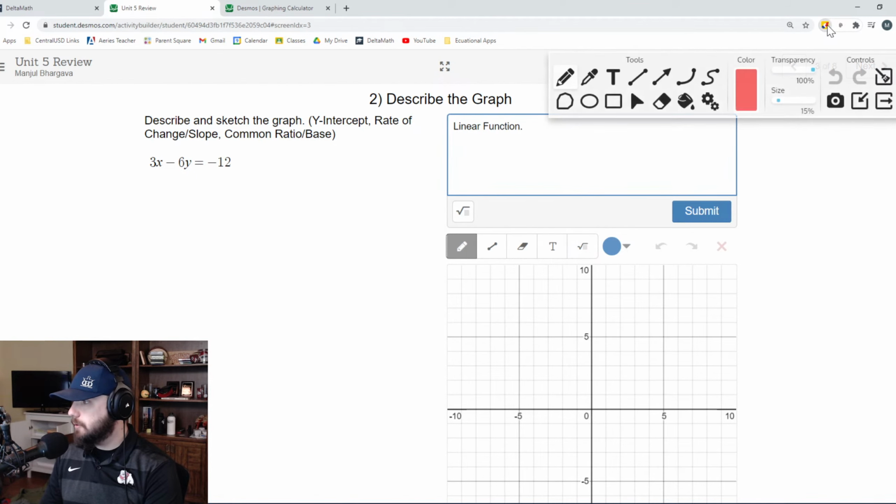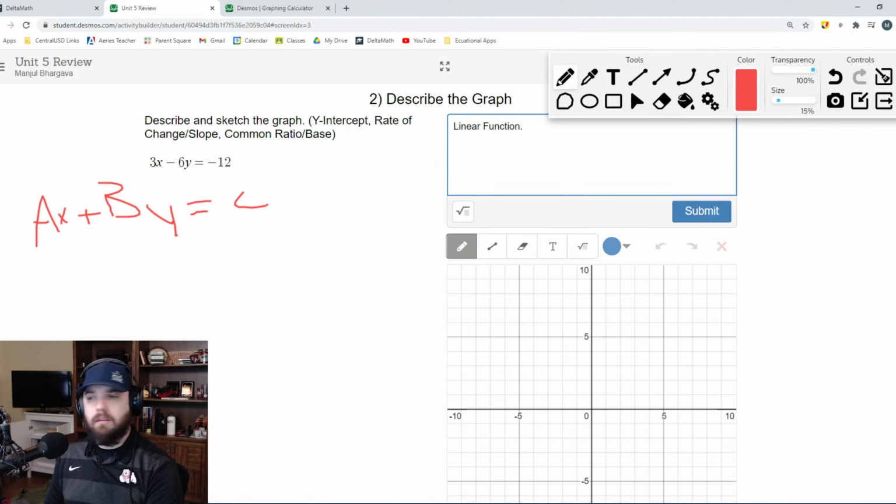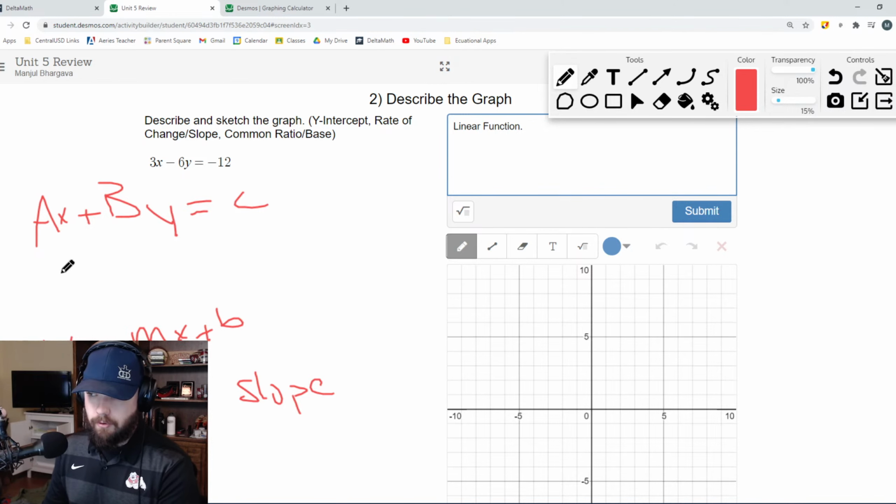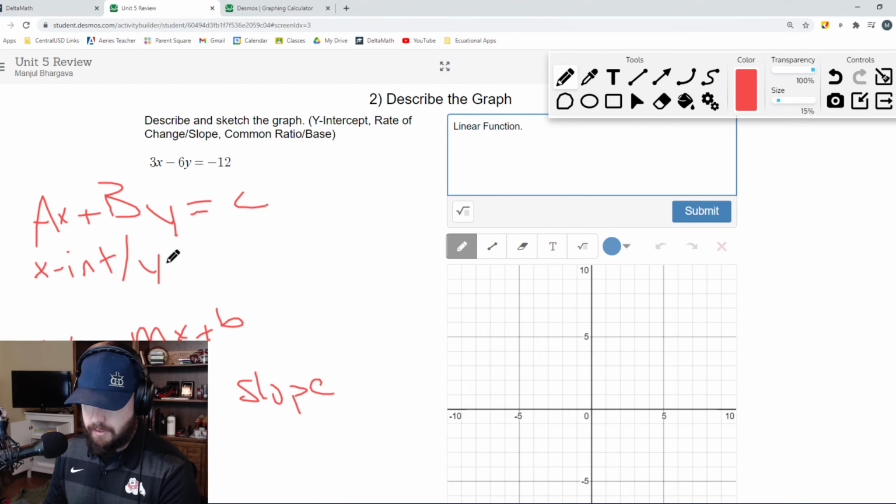Remember, we have 2 different forms when we talk about linear functions. We had our standard form, which would look like this. And then we also had our slope-intercept form. If I'm talking about slope-intercept form, I'm going to be looking for my y-intercept and my slope. If I'm talking about standard form, we're going to be looking for our x-intercept and y-intercept. And the way we do this